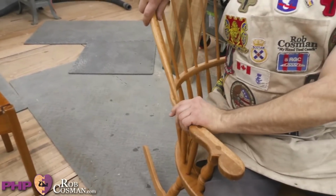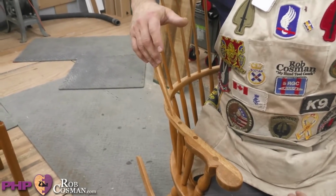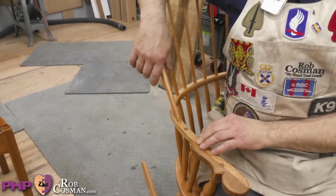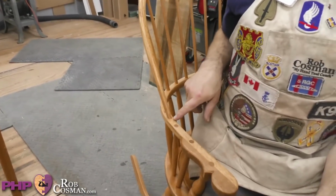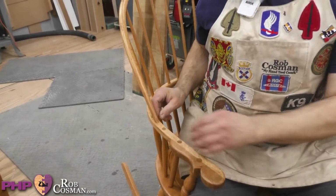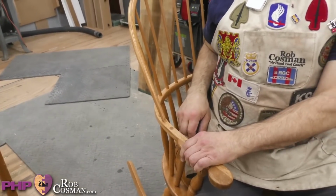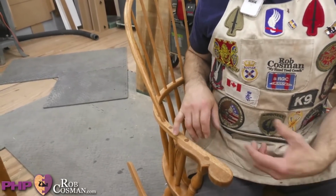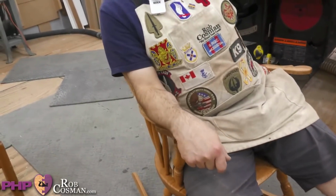But I've never used it, but there's a glue that is specifically designed for securing loose chair joints where you can't take the joint apart and start over. I would probably attempt cyanoacrylate on that just because it'll flow down in there, but you've got to keep it from getting over all the rest of the chair, and it's a bit of a nightmare to work that way, because the one that you want to use is the one that has the consistency of water, which means it's going to run everywhere. So to go in and retighten all of the joints on a Windsor chair,